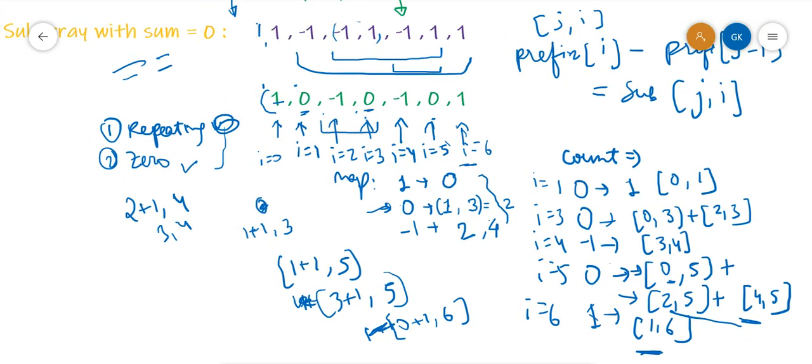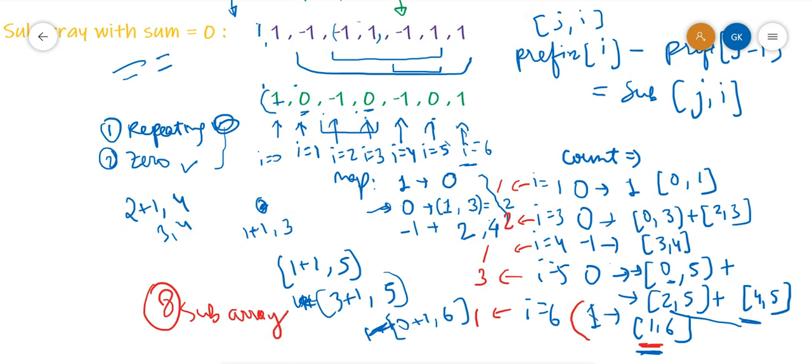So in this way we can count all the subarrays which is having equal number of zeros and ones by only counting the subarrays with sum equal to 0. So our answer in this case is 1 from this, and there are 3 subarrays from this, and there is 1 subarray from here, and 2 from here, and 1 from here. So total 8 subarrays which will be having equal number of zeros and ones.